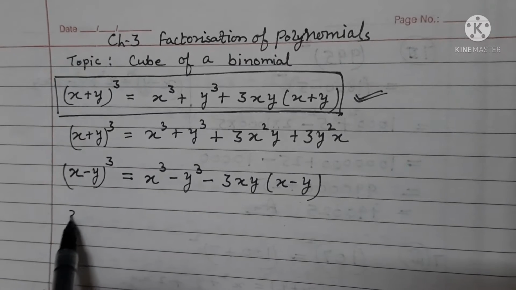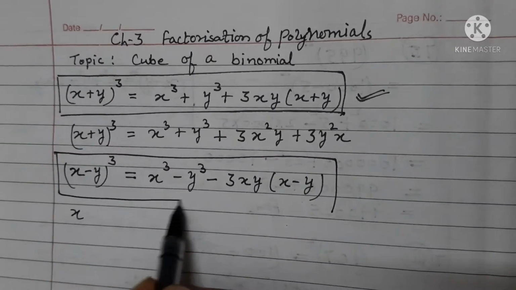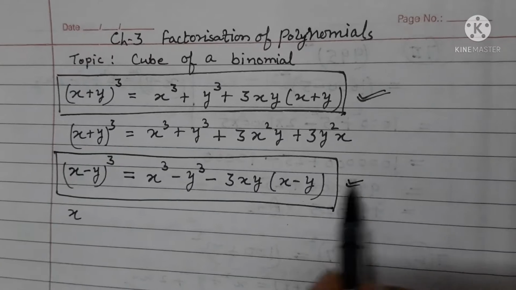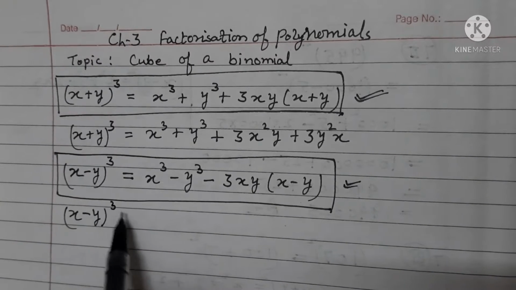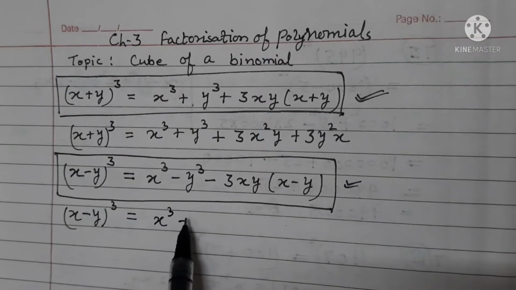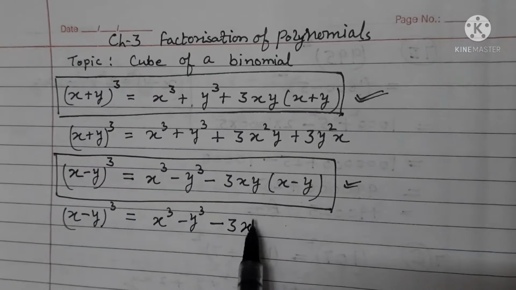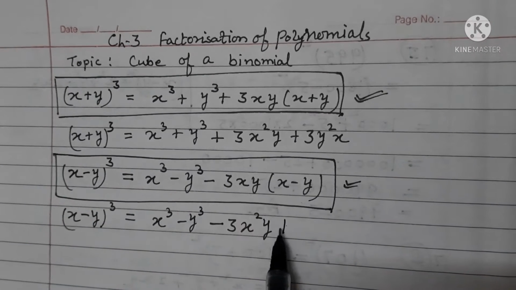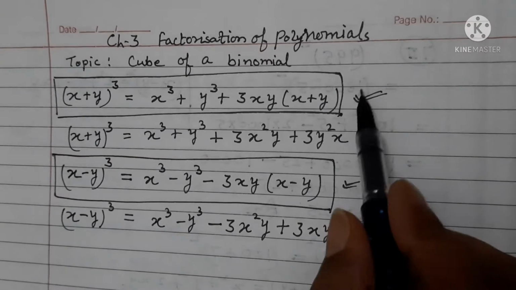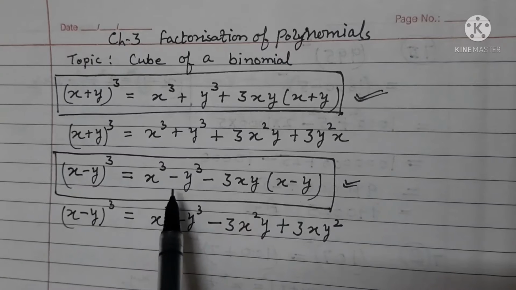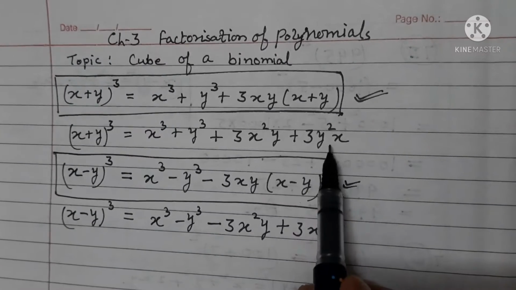Now you can write, first you show like this: (x − y)³ = x³ − y³ − 3x²y + 3xy². So these are main, and when you multiply this 3xy in the bracket, you get another form